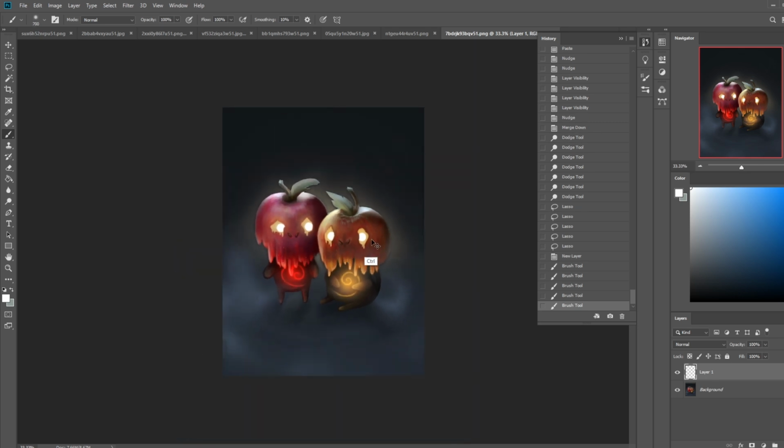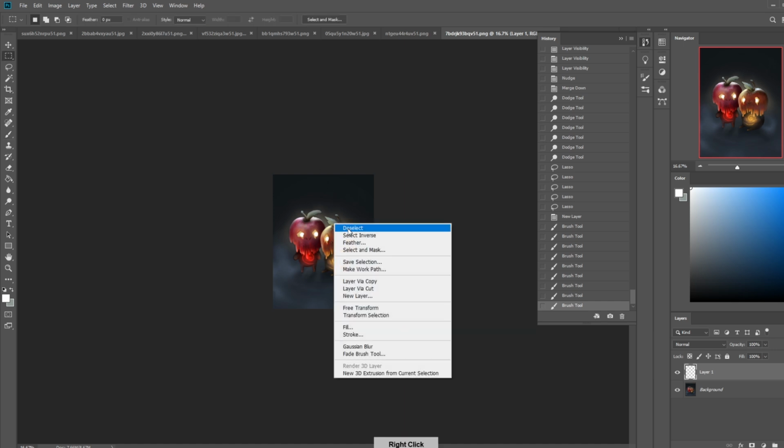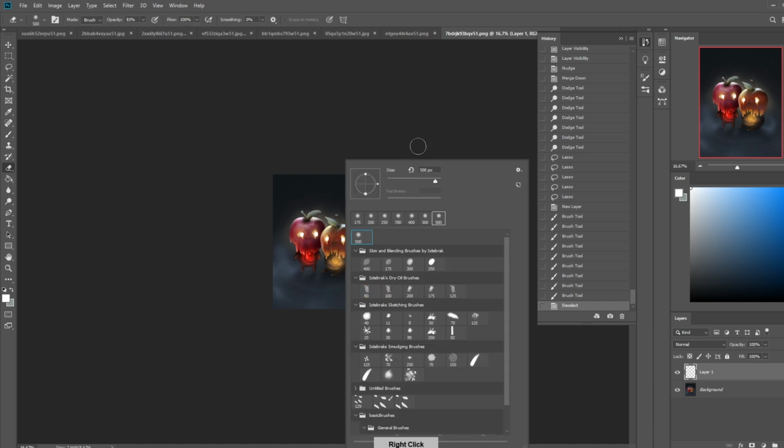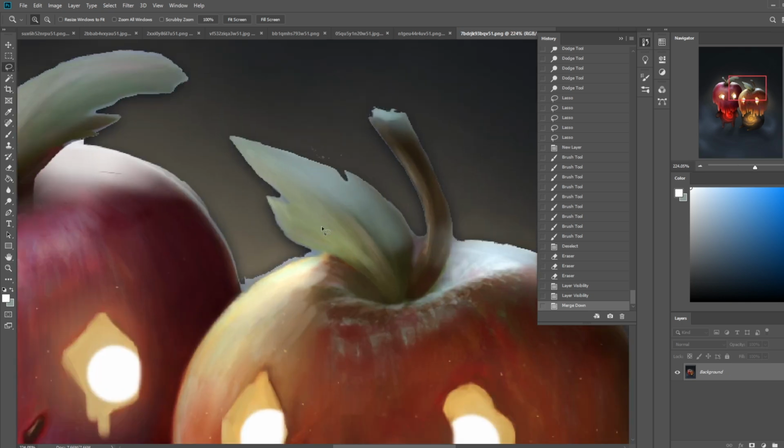Okay, so yeah, that moonlight definitely helped. I need to clean up this one too.